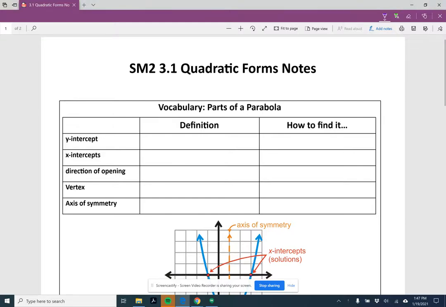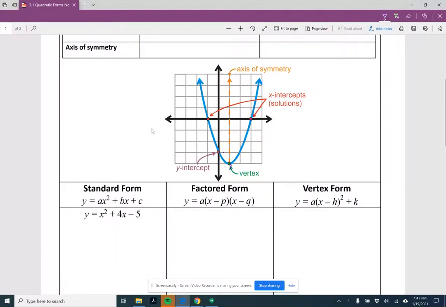All right, we are going to do section 3.1, the quadratic forms notes. The SM2 just stands for secondary math 2. So this is section 3.1, quadratic form notes. There are 3 different types of quadratic forms that we're going to talk about. They're down here on the bottom of our page. There's the standard form, the factored form, and the vertex form. We'll get to those. First, we're going to talk about some vocabulary